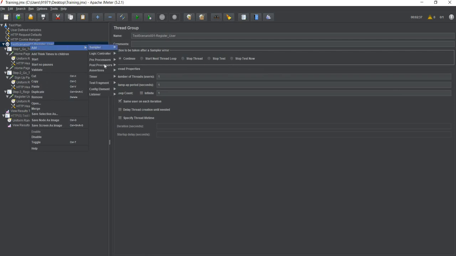So you go to add and see assertions. These are different kinds of assertions. Assertion means a mechanism to check the response, to validate the response. Like in Selenium, you also have assertions. We have assertions everywhere, and most of you should be aware of it. So in JMeter also we have assertions, and we have different kinds of assertions. Today we will go ahead and use response assertion.